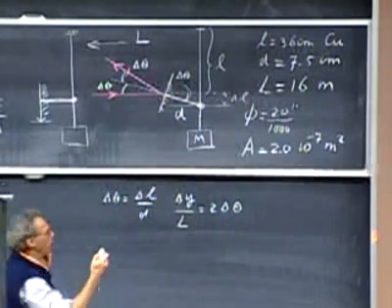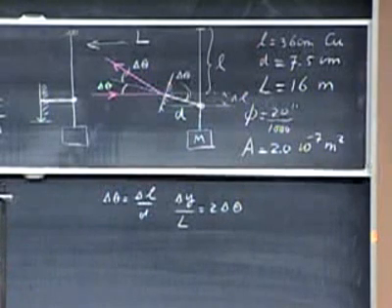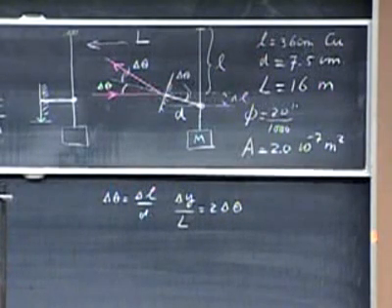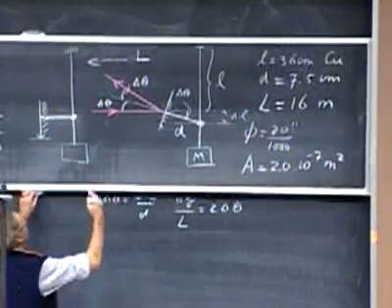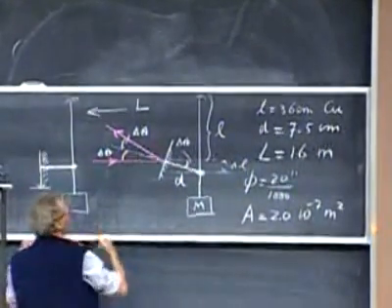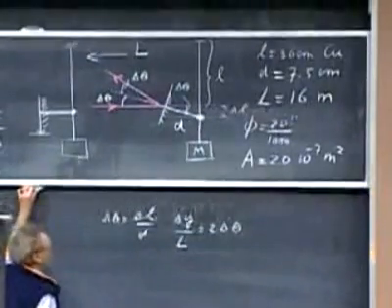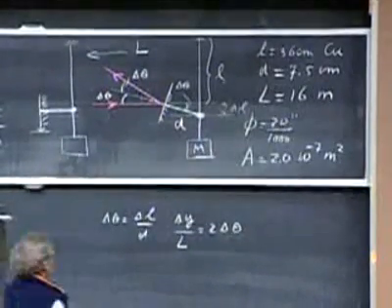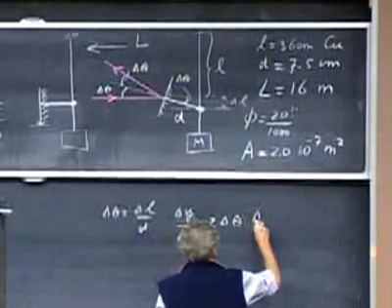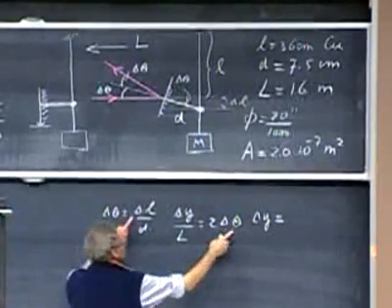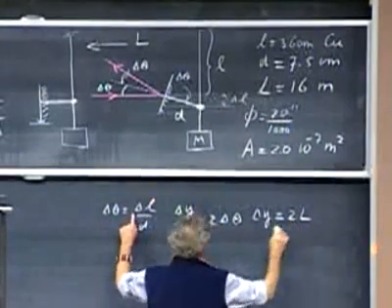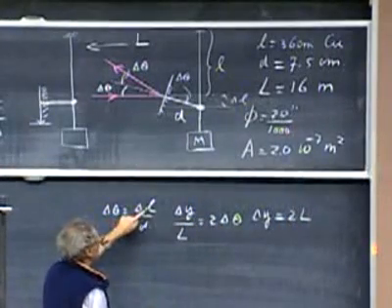This is a small angle approximation, but it's a very good approximation, and theta is in radians. It is 2 delta theta because you see here that the change is over an angle 2 delta theta. And so delta y equals 2L delta theta,